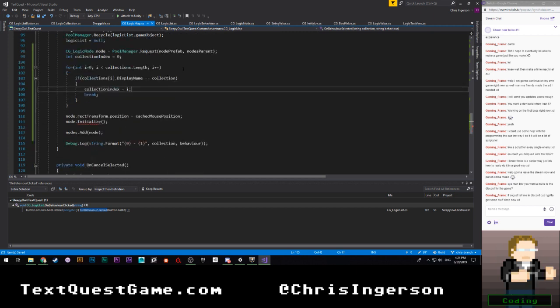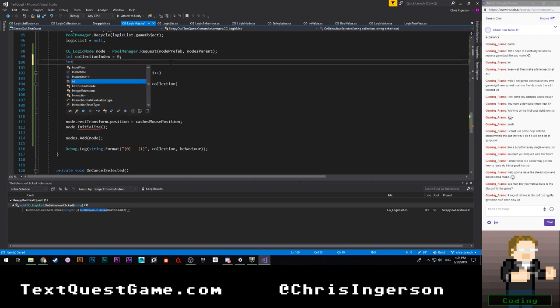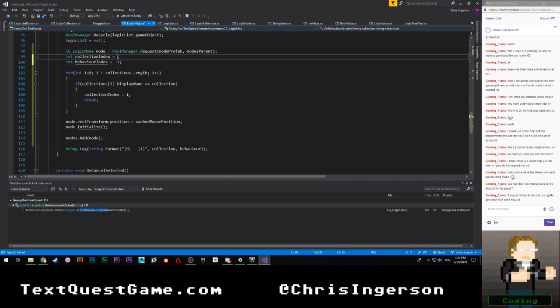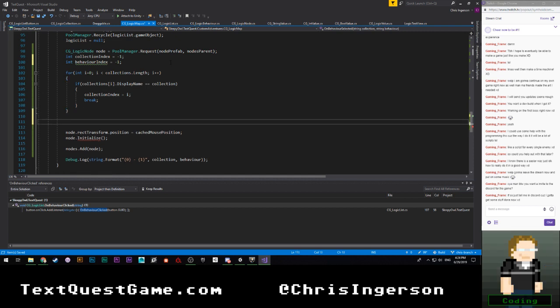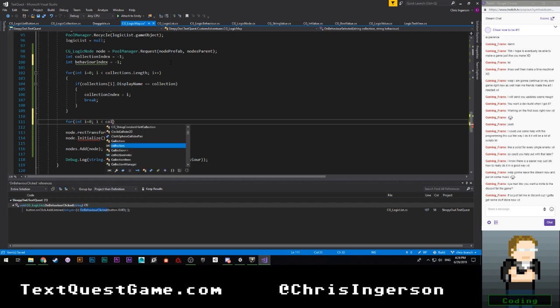Okay, from there, we're going to need to go into our behavior index. So int behavior index is equal to 0. Actually, I'm going to set both of these equal to -1 to start. And then we're going to say, I suppose I don't need safety checks here, so we're going to say for int I equals 0, I is less than collections